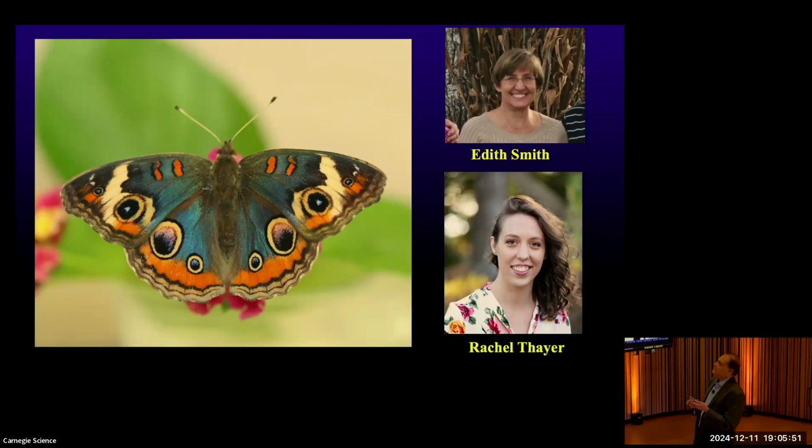I made them. And so she had done what we call a selection experiment. She had a particular phenotype that she was interested in, and she did crosses of the animals that had the greatest extent of that phenotype and built it up over generations to be extreme. Rachel Thayer was a graduate student in the lab who took on the project of trying to understand how did they become blue, what happened to them.